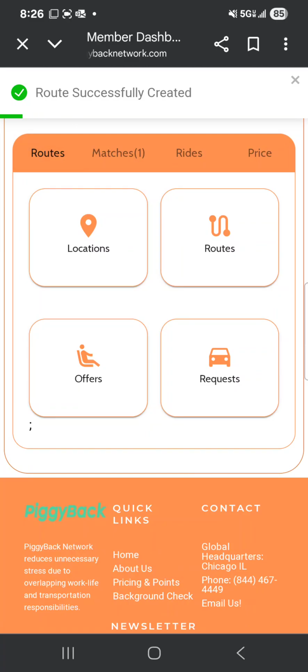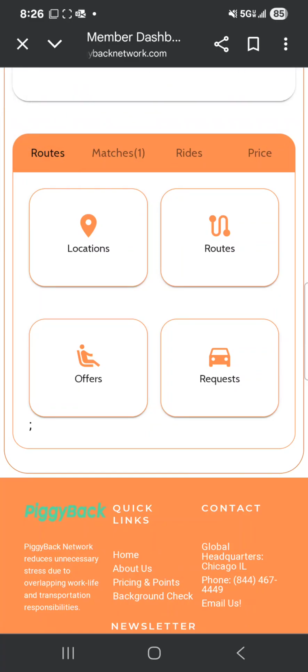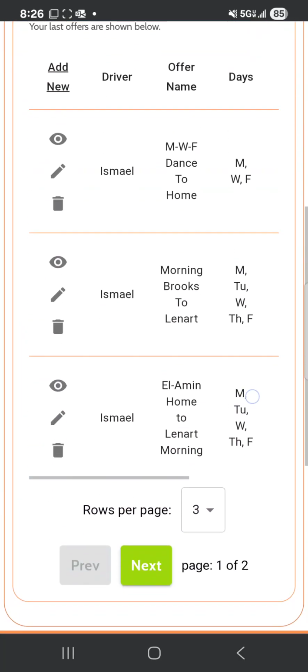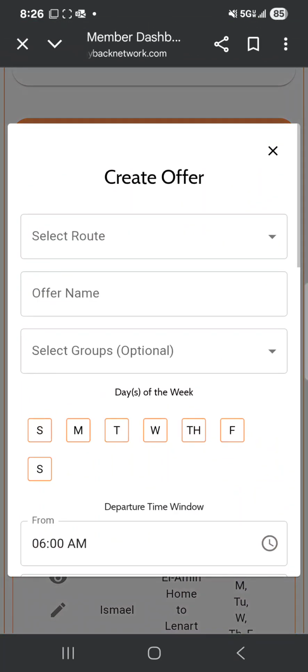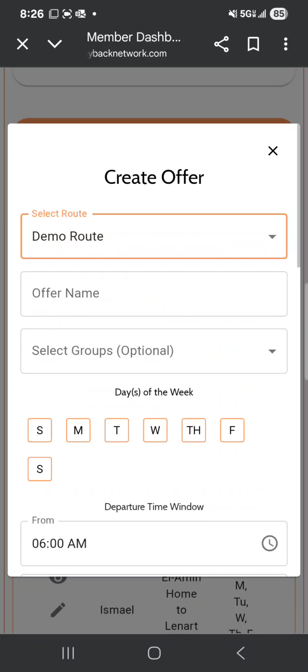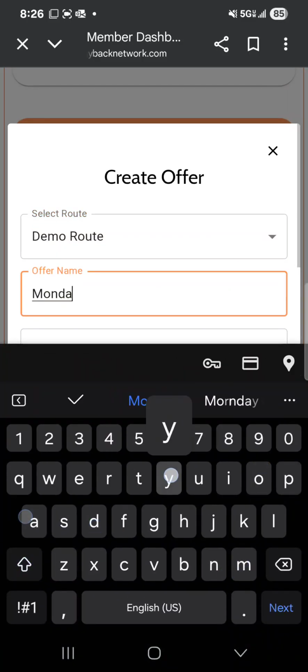Once we have a route, we can either offer or request a ride. For now, I'll go to offer, and these are my existing offers in the platform. Go to offer new, then I can select all of my existing routes. I'll go to demo route, which I just created. This could be my Monday offer,